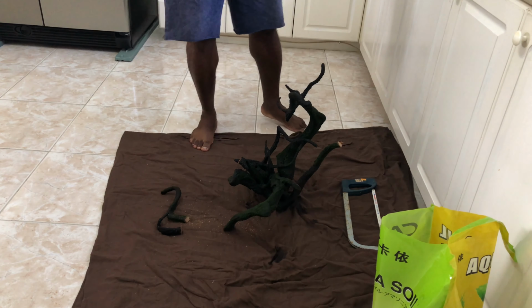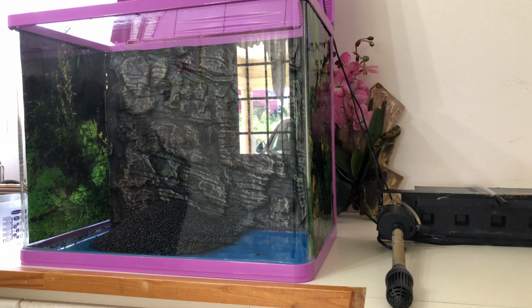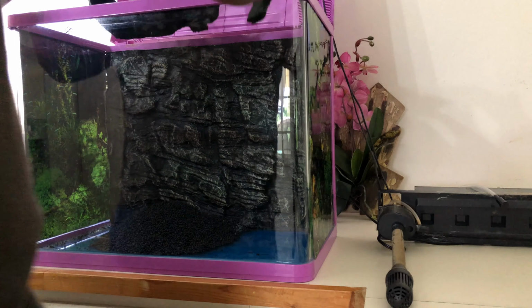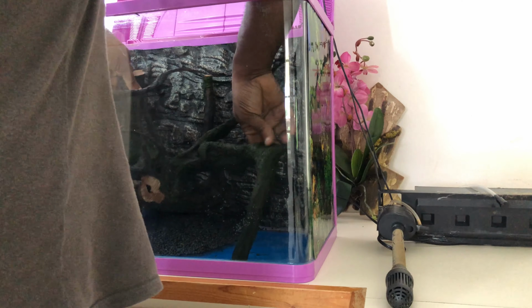Let's check that and see, guys. As you can see, I'm cutting by eyesight, so I'm not using any real measurements. So let's see how it goes in here, guys. You should be able to see. Okay, so